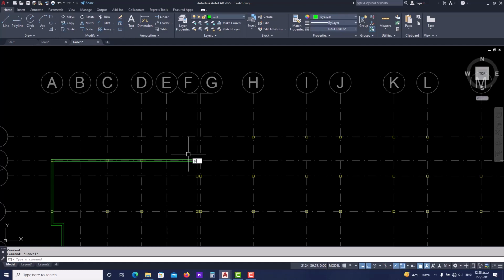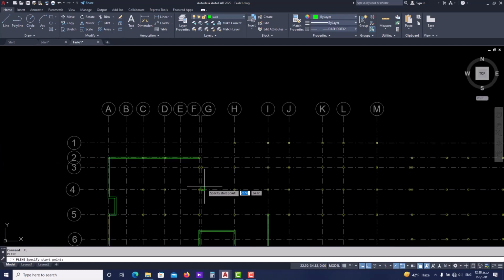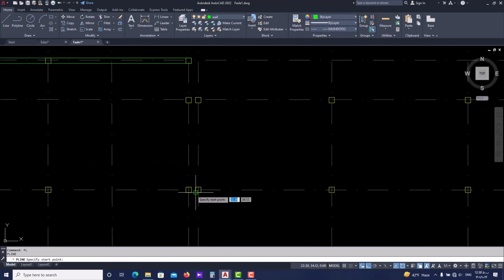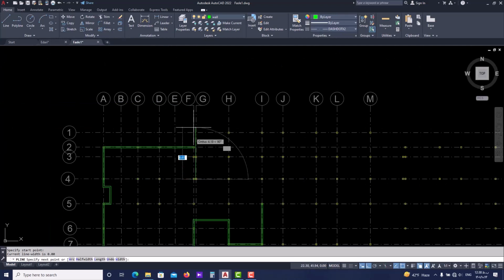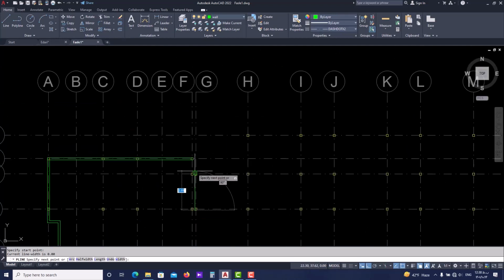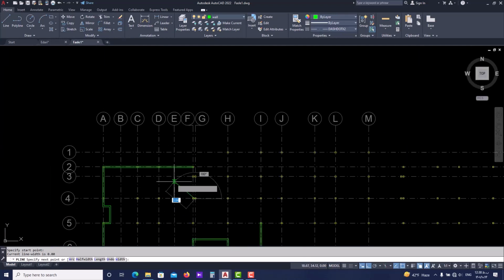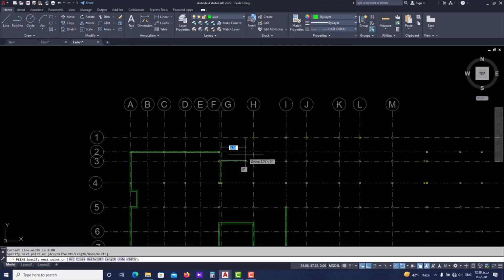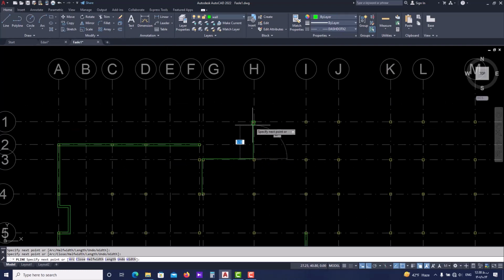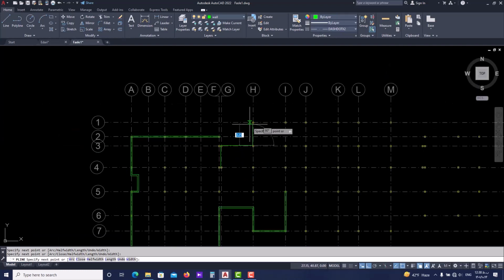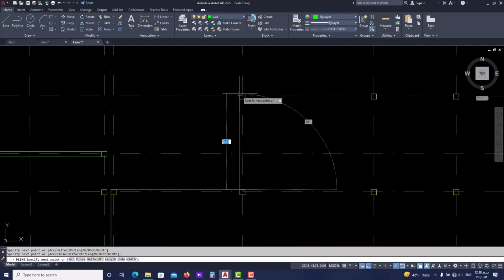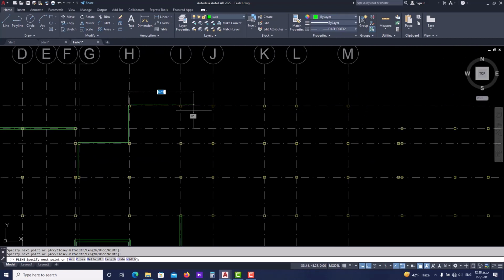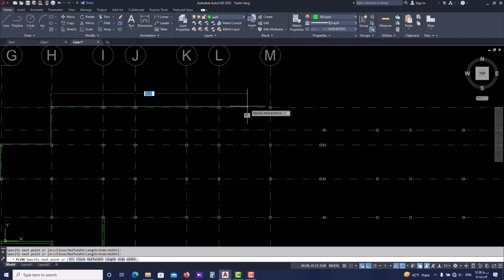PL again, then from here, you start drawing. We said we're gonna continue this to 3, then from here to H, then up here to 1, and then it continues to M,